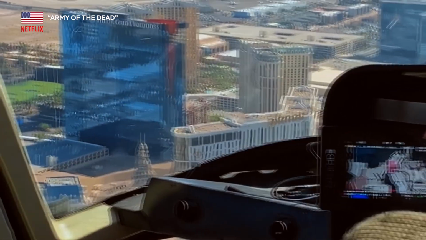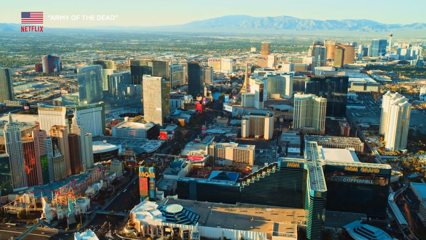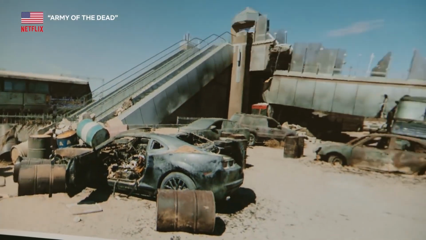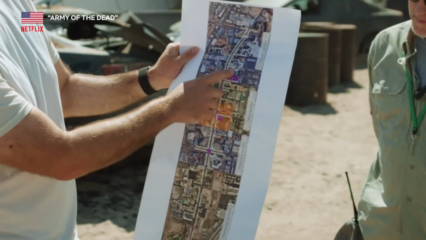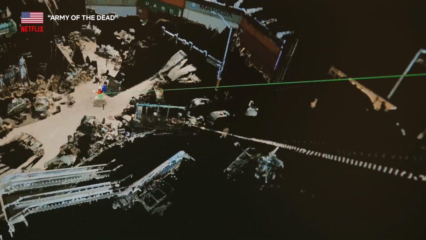This is particularly helpful when you have a vast landscape or a significant amount of detail that needs to be reproduced. It probably goes without saying that capturing and creating virtual production assets can be a fairly involved process.